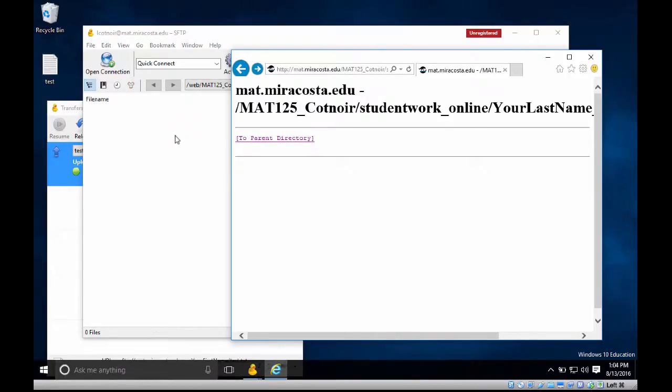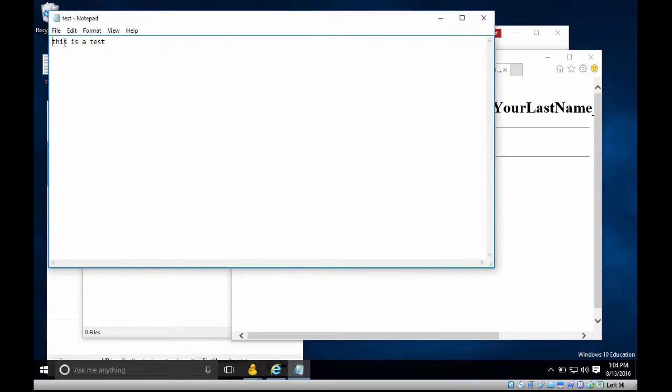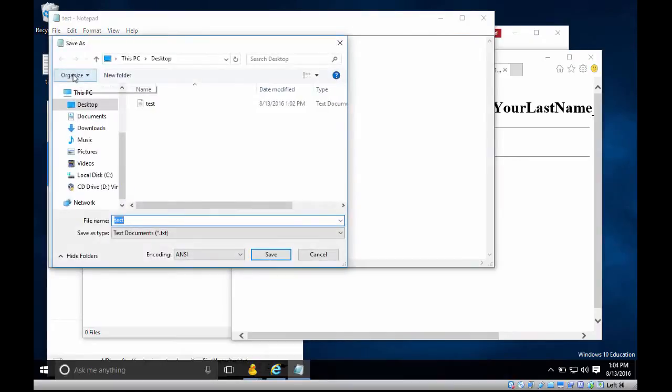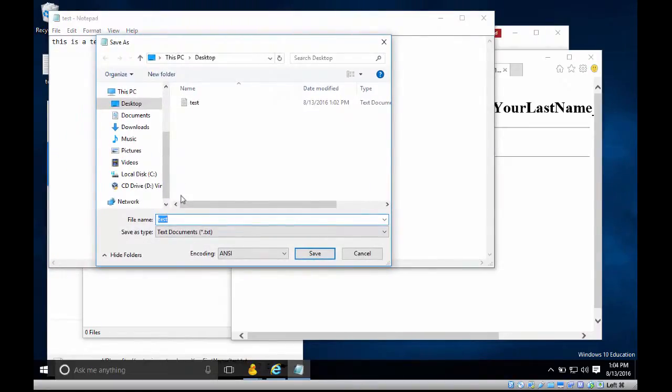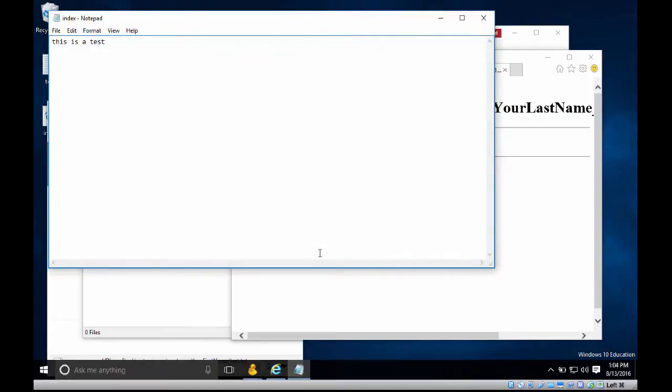So that's pretty straightforward. Now let's just do something else really quickly. I want to show you another little trick. Let's open up this test file. If I say file save as, I want to show you a little trick here. If I call it index, and then I say .html, and I'm not just going to hit enter, I want to say save as type, and I want to say all files, so it doesn't save it as a text file. If I call the file index and I give it a file extension of .html, and I save that,